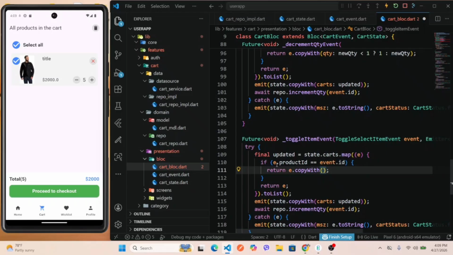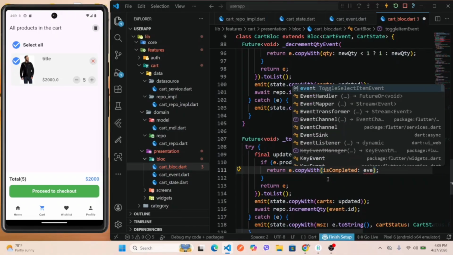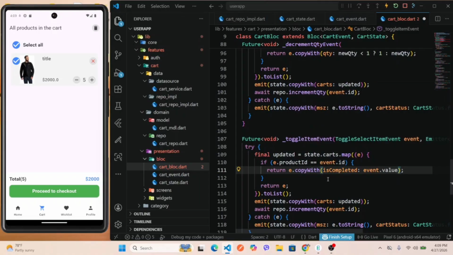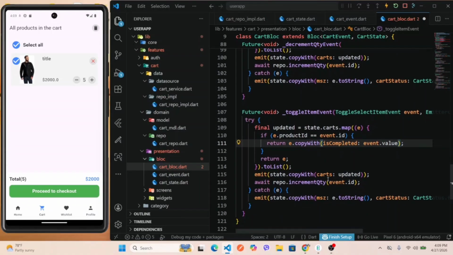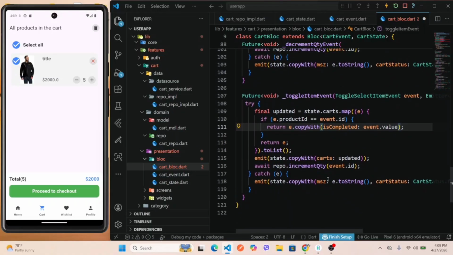For this one also we have to write the condition if the product ID matches the ID from the event, and make the is completed. Give the value that is coming from the checkbox. Okay, and